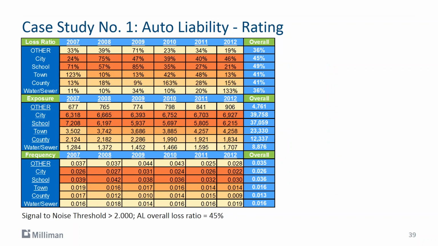And just one other thing that we looked at here, staying on the auto liability rating, is we wanted to break out the loss ratio results by year by member type. And so the overall loss ratio for auto was 45%. So you can see, obviously, there's going to be variability between the different accident years. But when we look at the overall across all accident years, the results on the right-hand side, and we look